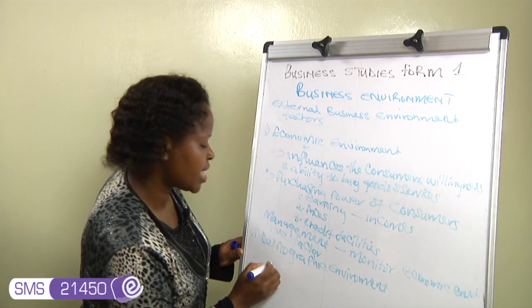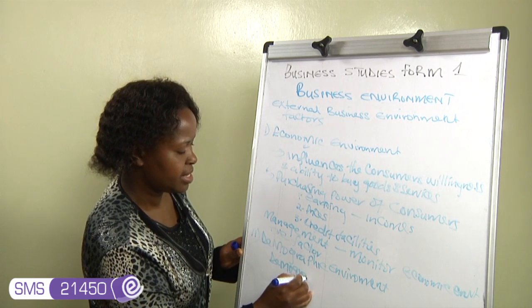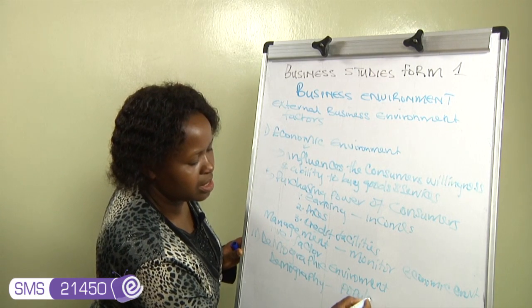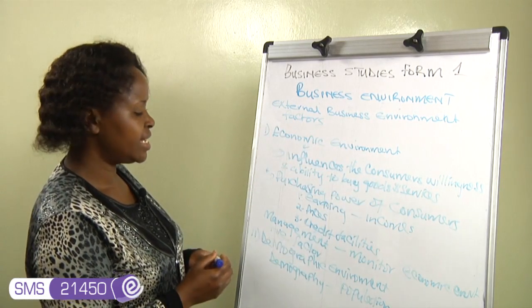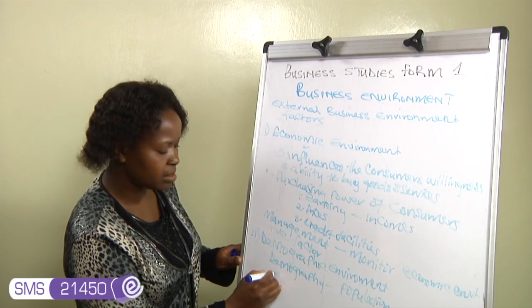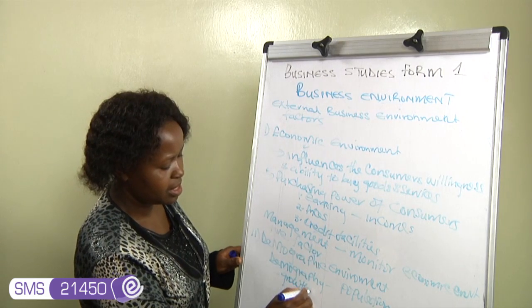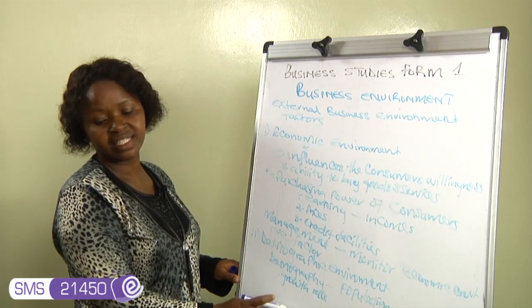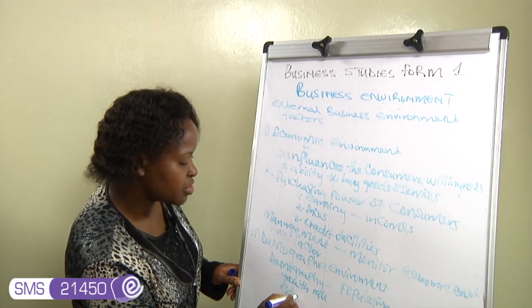This comes from the word demography. Demography is the study of population. And population can be studied in many aspects. We can be looking at or studying population in terms of the growth rate. Is the population increasing? Is it decreasing? We can also look at, say, the education